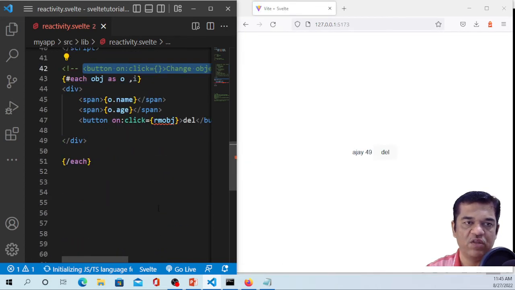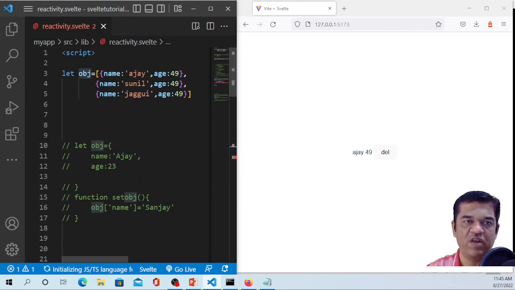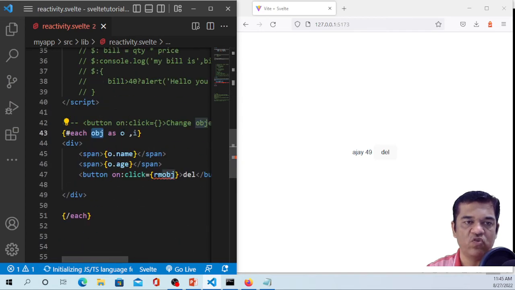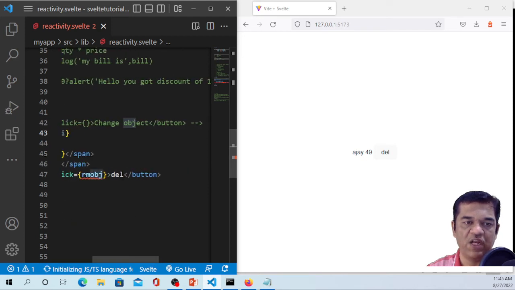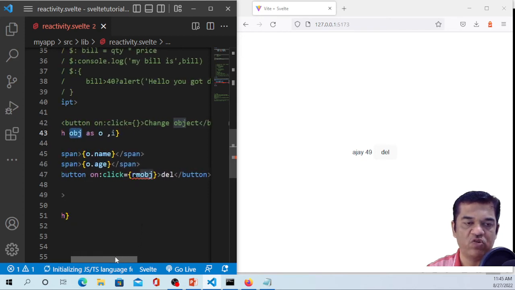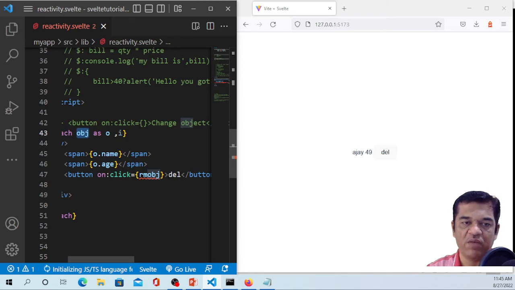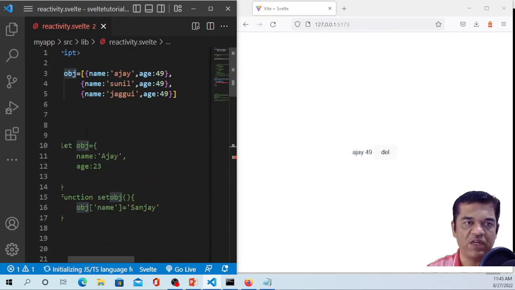This is each block. Inside each block I am taking this object as my list, and I am taking this o as a single object, and I am printing here, and I am putting a delete button over each object. So whenever you click delete, rmObj, I will create here function